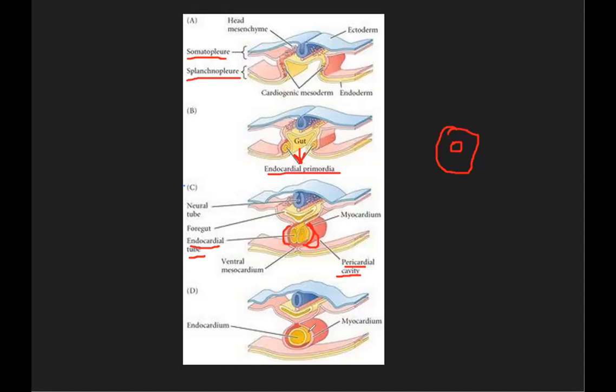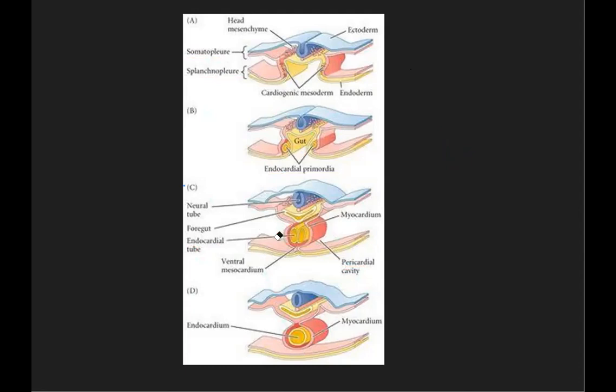And the closer one will be the visceral, and the outer one will be the parietal. And inside will be an endocardium. This yellow color one is an endocardium, okay? And then this pink color one is a myocardium. So if you understand this, that how these layers will form,